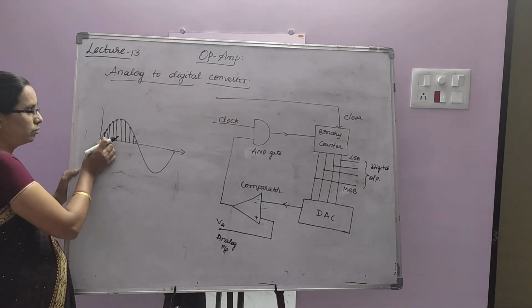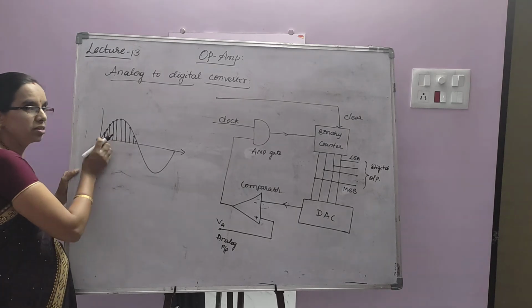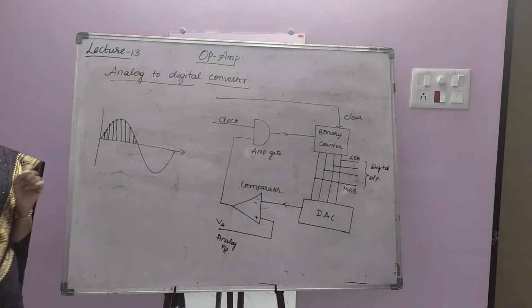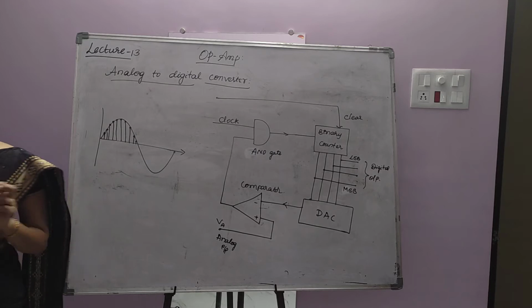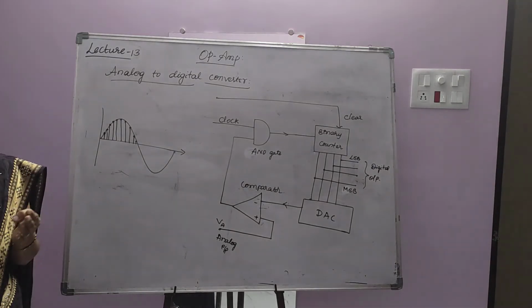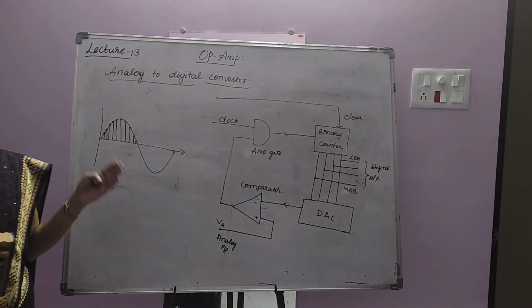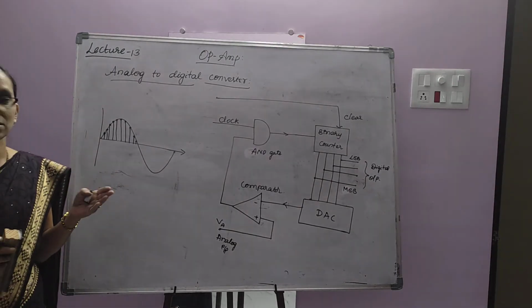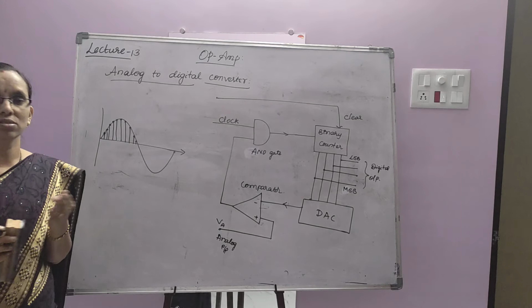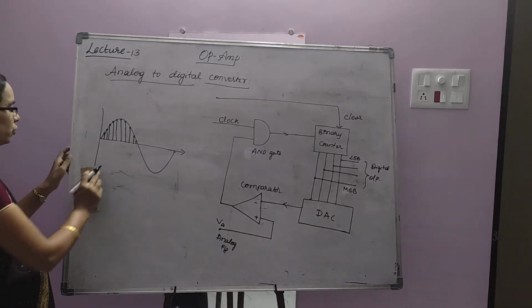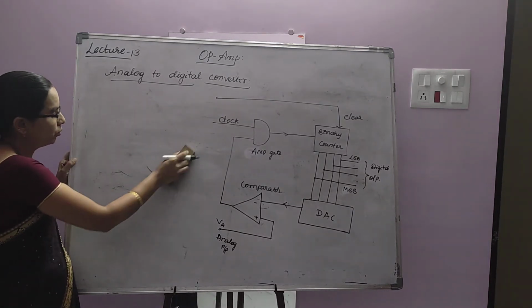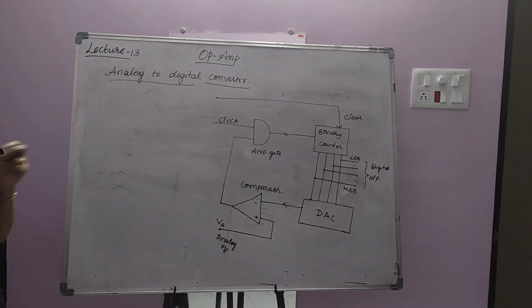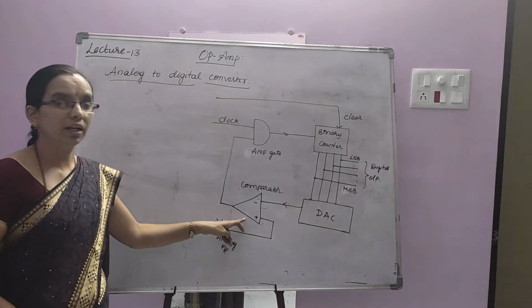So what is the width of the sampling, what is the rate of the sampling, that is not required for this level. When you go to further studies, you will understand how sampling, quantizing, those are all the processes of analog to digital conversion. That you will study in further studies. Just for your knowledge, I have told you, they take the sample voltages and give them to the input of the